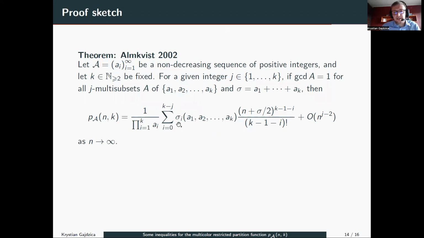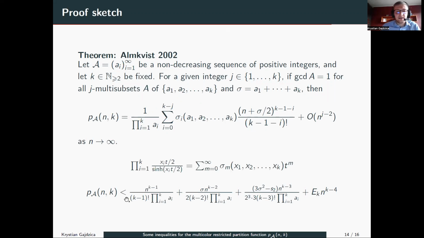And the values sigma i appearing in this theorem are defined by the following formula. And now, in our case, it is enough to assume that every k-2 multi-subset of this multiset is coprime. If you have this, then the first two coefficients of the multicolor partition function are fixed, and it is enough to bound the fourth coefficient, which appears next to n to the power